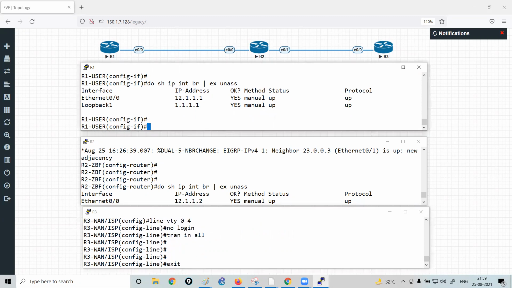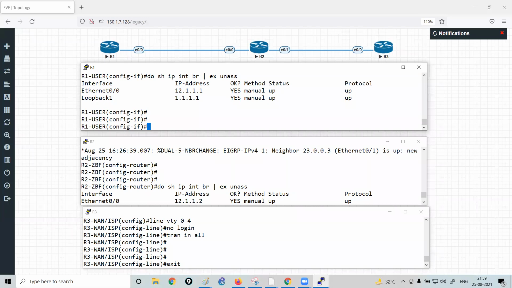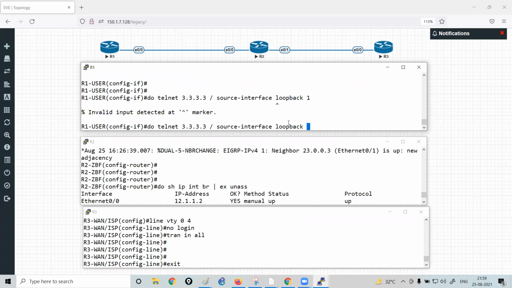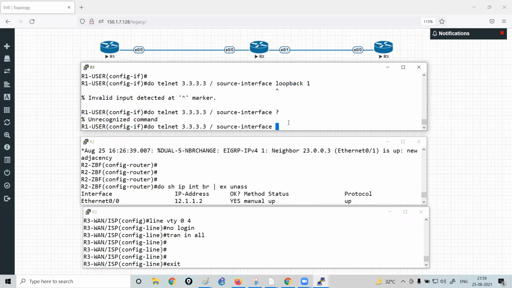Now just move to router R1 and try to take the access. Do Telnet 3.3.3.3 having the source interface. Basically, I am trying to take the access of the router R3 with the loopback interface. Okay, this one. So do Telnet, loopback 1, source interface.